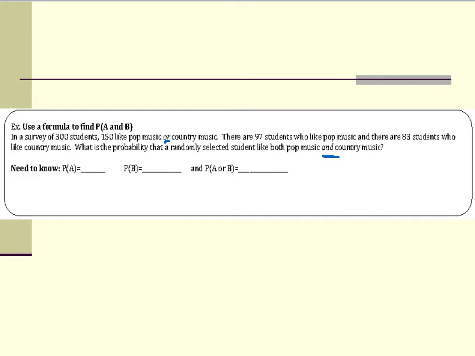So our probability of A, and that's our probability of pop music, well, we know that we have got 97 out of our 300. The probability of B, that's going to be our country music. We know that we have 83 out of 300 who like country music. And our probability of liking pop or country music, well, that's 150